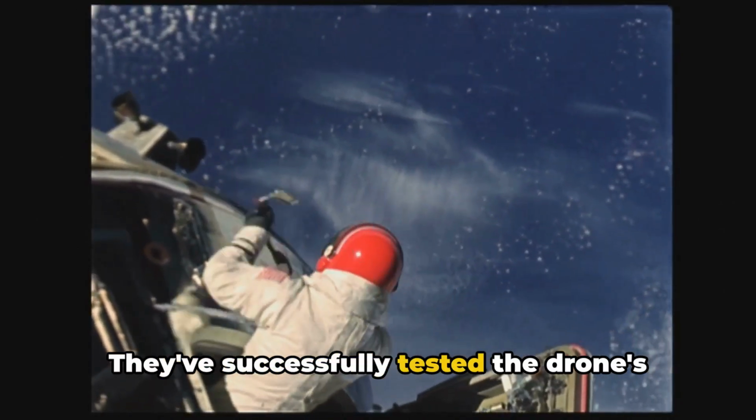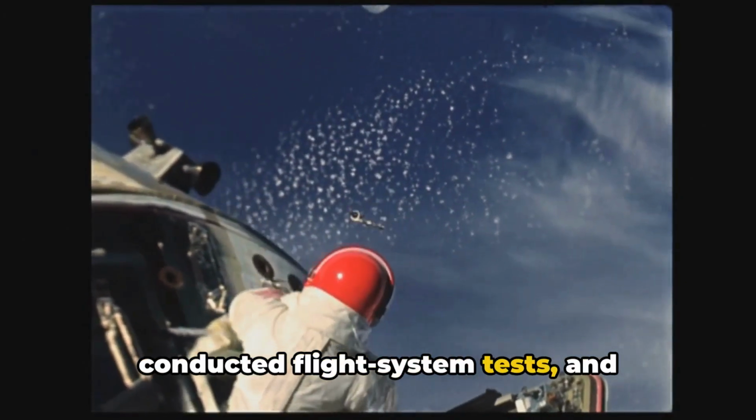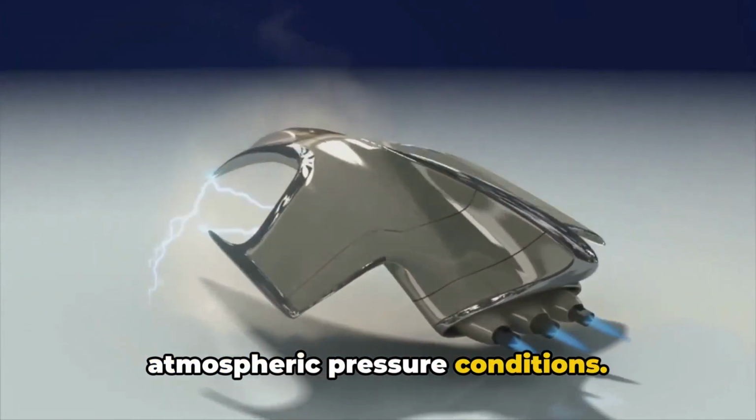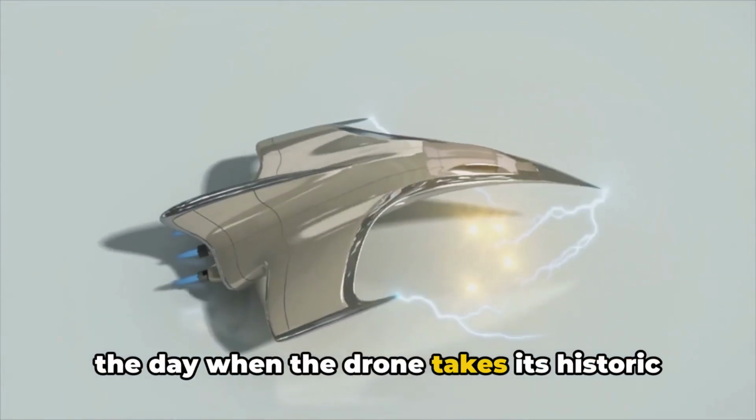They've successfully tested the drone's guidance, navigation, and control systems, conducted flight system tests, and simulated Titan's extreme temperature and atmospheric pressure conditions. Each of these steps brings us closer to the day when the drone takes its historic leap